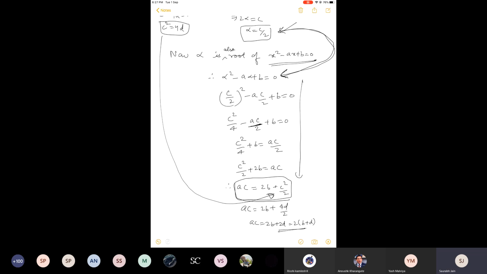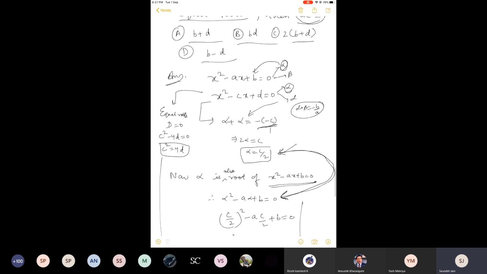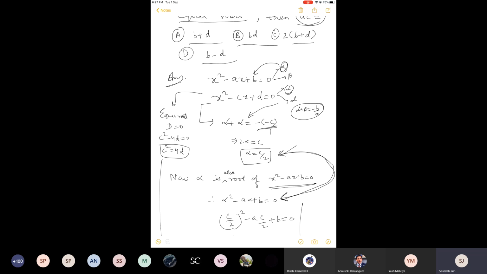Okay. So you will have to actually use the whole theory. Now you cannot argue, sir, I don't remember alpha plus beta is minus b by a. Whatever I am teaching you, you are supposed to revise that. It's not like that we are moving forward and just forgetting everything which we have studied earlier. So proper revision is required. You should be able to relate things. Okay. Try to relate the things.